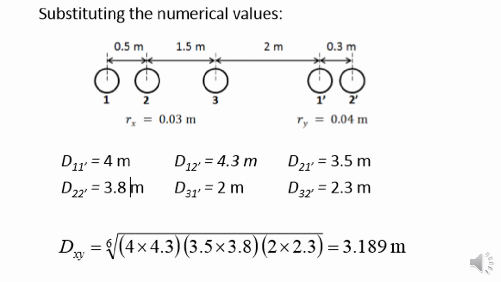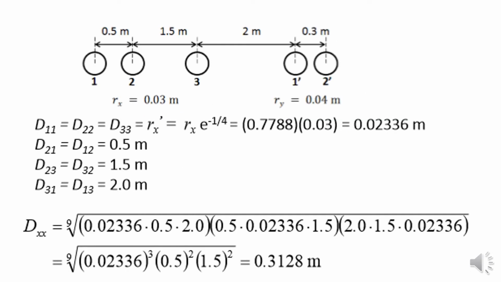Then when you substitute these into Dxy, you will get 3.189. Okay, so as you can see, you will get 3.189. Now we have to calculate the GMR of x, right? GMR of x. As I told you when I was explaining the previous slide,